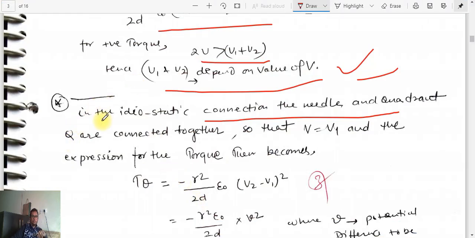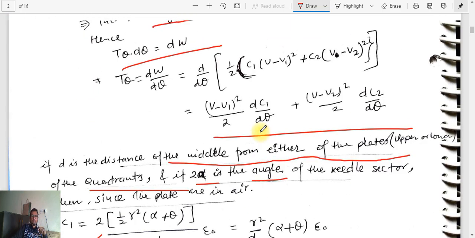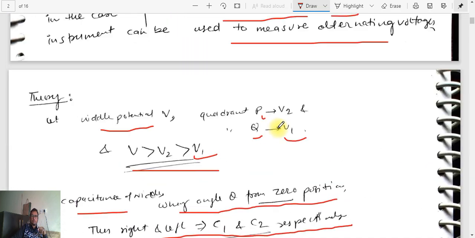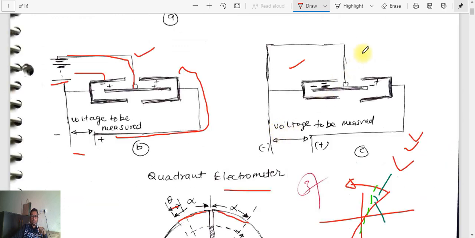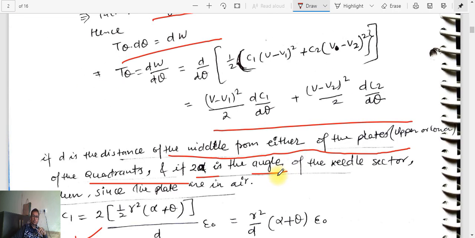Today we will discuss the remaining portion of the idiostatic connection, the needle and the quadrant Q connected together, where this is the connection, and for this